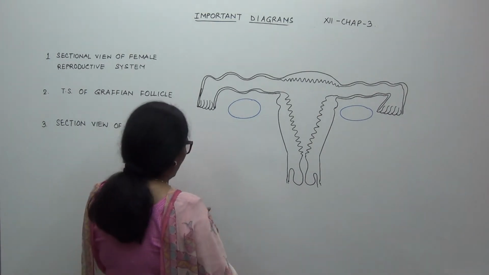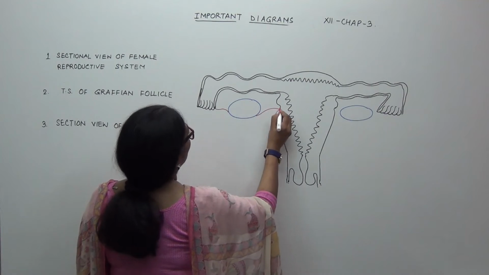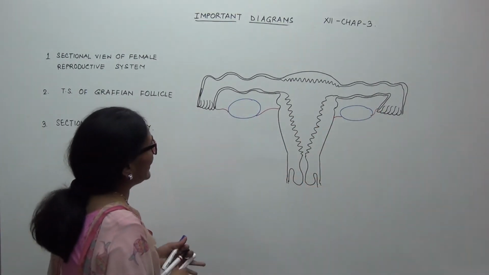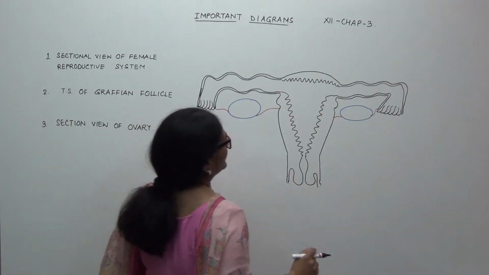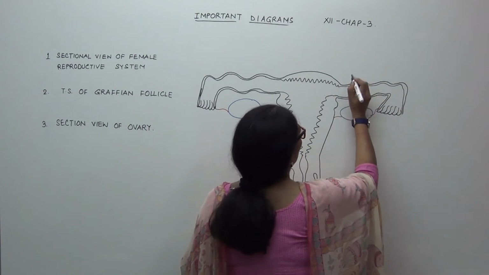And then we are going to make this, the broad ligament over here. This we are going to make it here. So the diagram is complete. This should have been little smaller. This became a little bigger as compared to this. Never mind. Now first we will go to the labeling of this fallopian tube.